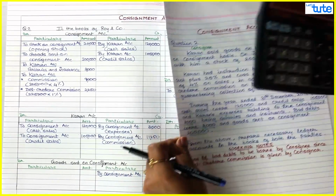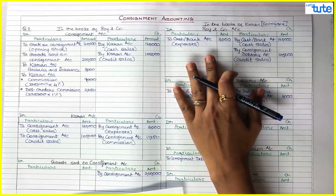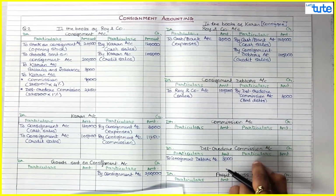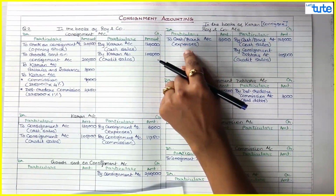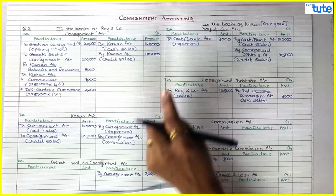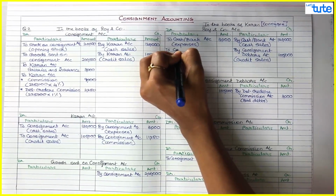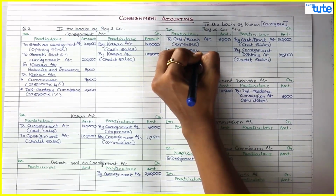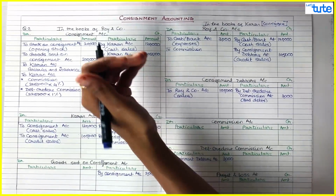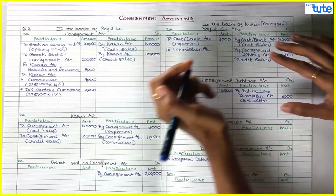Now this will be again recorded in the books of the consignee. So in the books of the consignee, this is an income, so income should be credited to the respective income account, and it is receivable from whom? From Roy & Company, that is the consignor, so it would be debited to the consignor account. And the technique which I told you, here it is credited, so it should be debited over here. So the entry becomes consignor account debit, from whom the commission is receivable, to commission account credit, your income. So to commission account, and commission was 9,000,